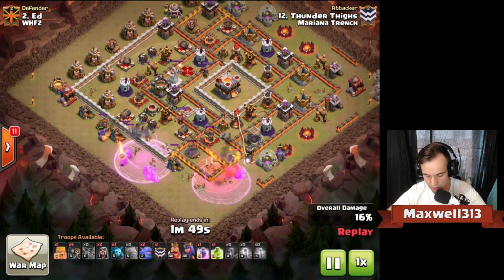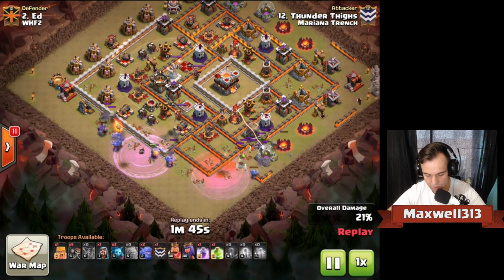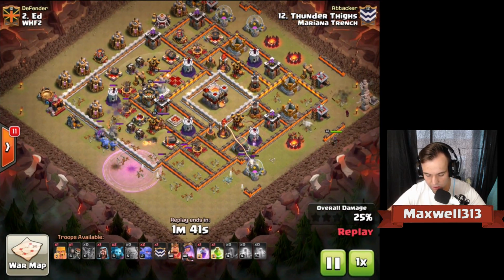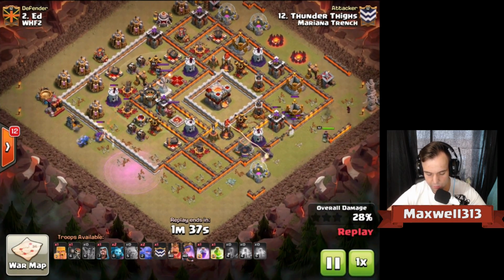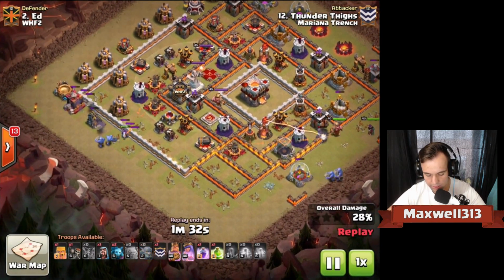And then we've got the third golem coming in. The baby dragon looks like it is going to die from the poison spell, which is of course what he wanted. We've got a wizard working over here at 3 o'clock, 3:30 doing work. Nice wall breakers, and then 1 jump spell, 1 rage spell left. Is at 28% right now, but the bowlers over at the top